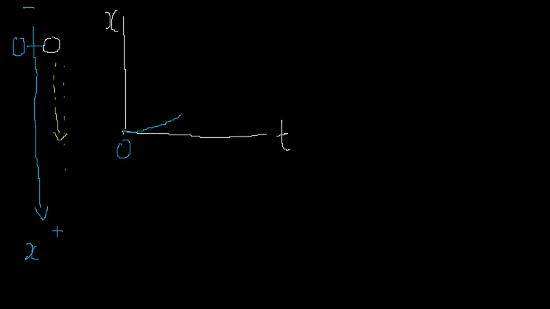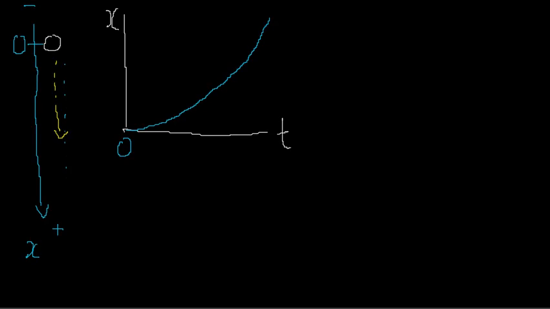It sort of goes up, and the slope will keep increasing, because as we remember, the slope of a displacement graph is actually equal to the velocity. Right? If I think of a small interval in time, if I draw, say, consider the slope on one part of the graph, then for a small interval of time